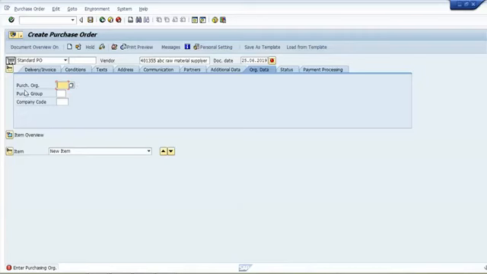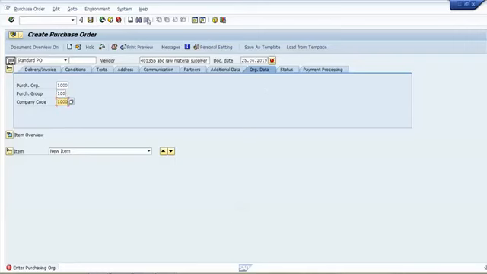Automatically our cursor moves to this field, purchasing organization, in the organization data tab. So here we have to mention our purchasing organization. I here put 1000 as our purchasing organization, purchasing group as 100, and company code as 1000.